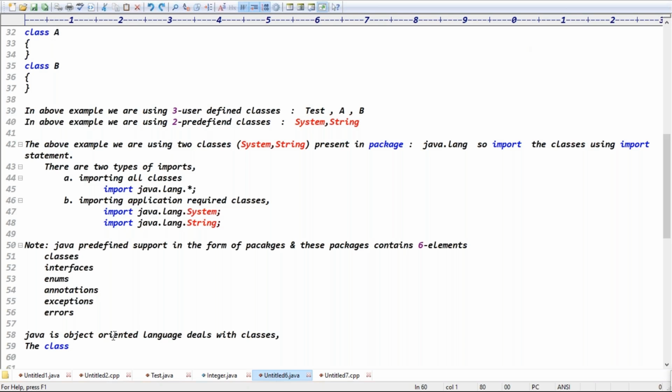Java is an object-oriented language that deals with classes. What does a class contain? The class contains 4 basic elements.